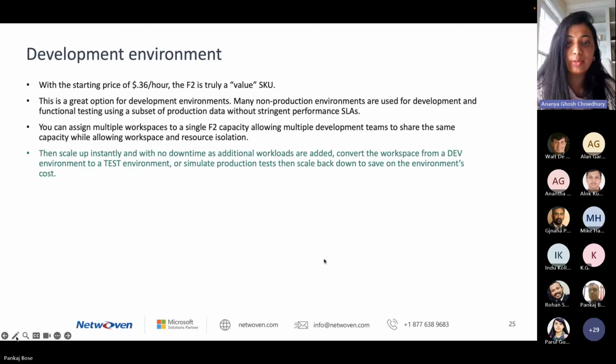Because your non-production environments will often have development and function testing and all of those features, right? They would typically use a subset of the production data and would not require any stringent performance level service agreements. So that makes the F2 SKU a very suitable option for these environments. Another key feature of the F2 SKU is its ability to assign multiple workspaces to a single F2 capacity, which basically means that it can allow